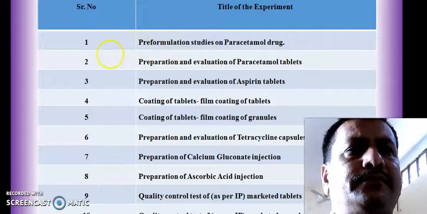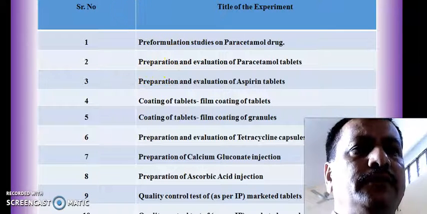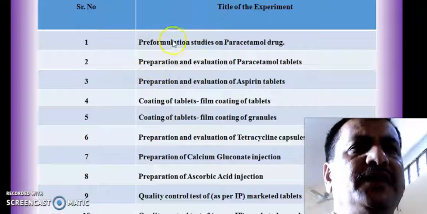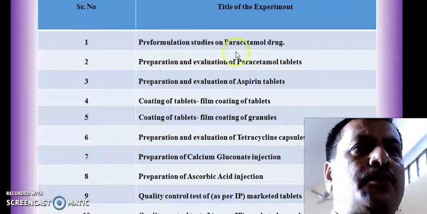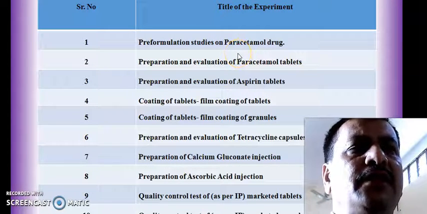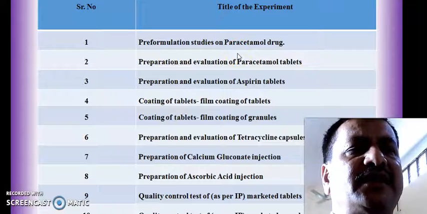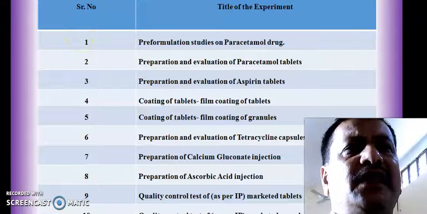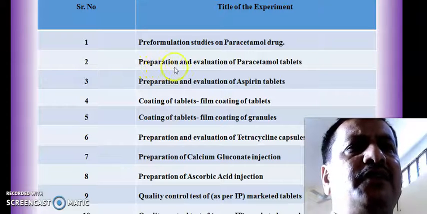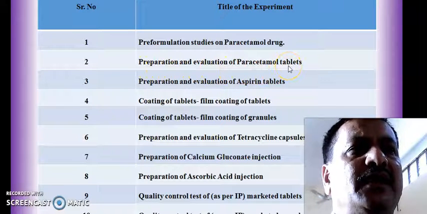So the first experiment which we have is from the chapter pre-formulation, in which we are going to perform pre-formulation studies on a drug, paracetamol, in which we are going to study certain organoleptic characteristics, then flow properties, then we are going to see the densities such as tap density, bulk density, and true density. Then the second experiment is regarding preparation and evaluation of paracetamol tablets,